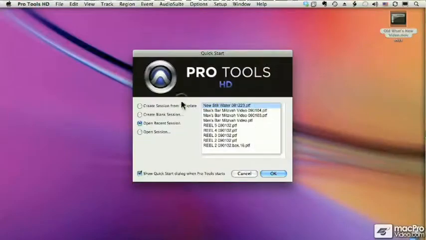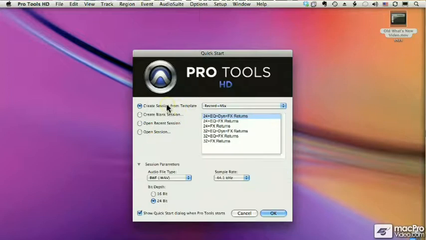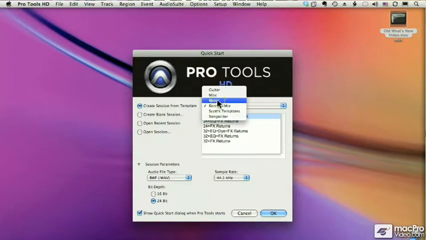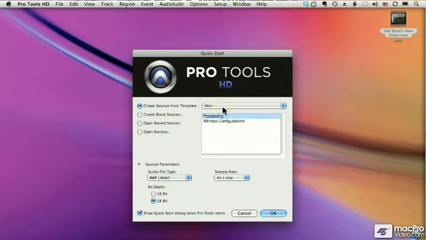To start with, Pro Tools now offers a quick start window when you first open the application. You can now build your own Pro Tools templates. Pro Tools comes with a nice selection of these to start you off. Some have instruments, some have effects, some just have a track layout, and you can categorize these into different groups. When Pro Tools loads one of these templates, it copies in all of the tracks, audio, MIDI, window sets, everything